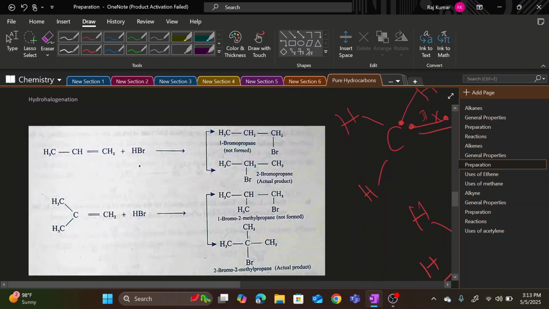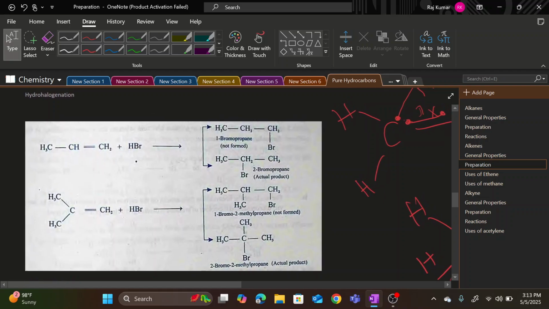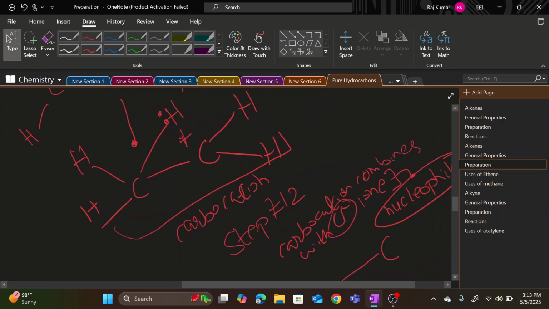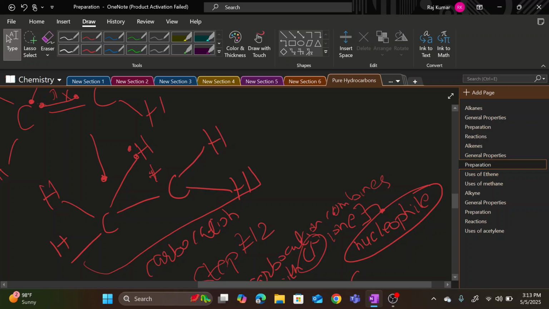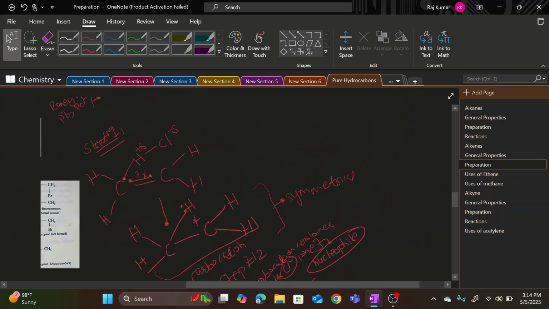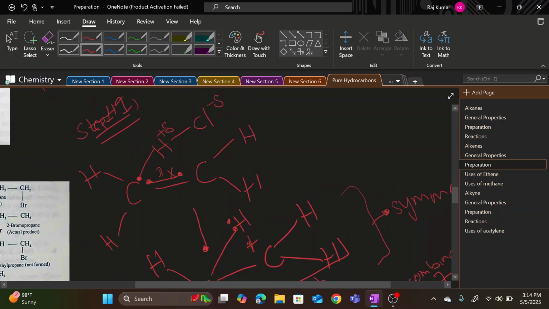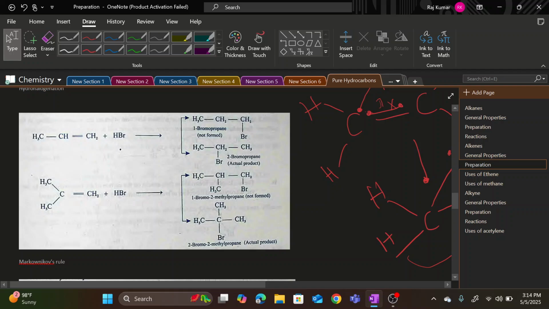Now there's another method, a rule basically. The addition of hydrogen halide which we did over here was in a symmetrical alkene. This was a symmetrical alkene. It's ethene, right? But if we want to do the same reaction on an unsymmetrical alkene, we obey a rule